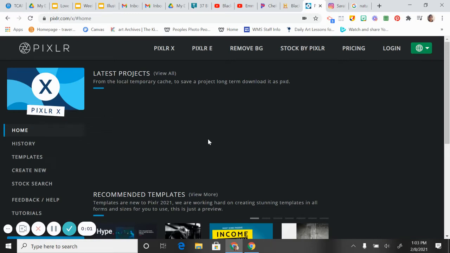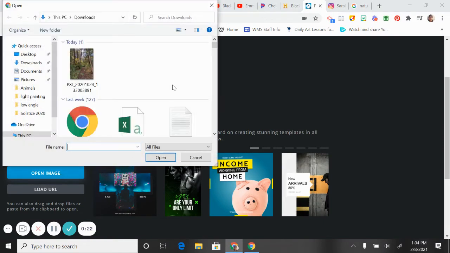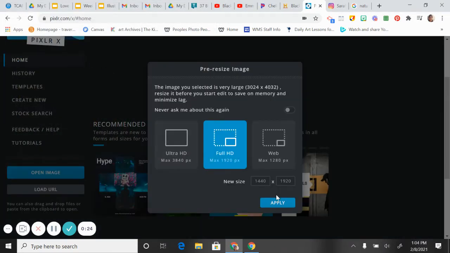For this PIXLR assignment, you are going to be adding text on top of images, creating an Instagram-worthy post where you are combining an inspirational quote or song lyric with an image. So you're going to want to start by making sure that you are in PIXLR X and open up your image. So I'm going to open an image that I took